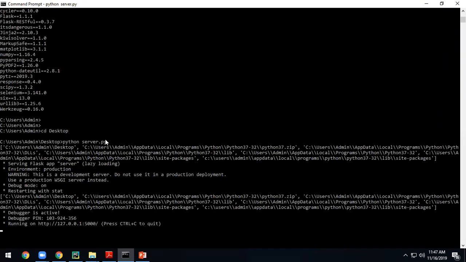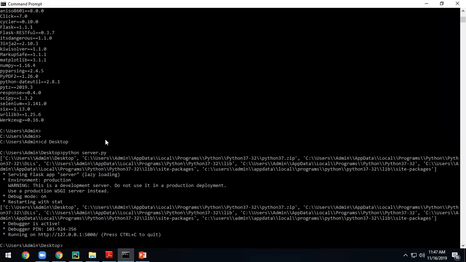After requests, it will just keep on running. It will take some time, it has so many dependencies. Once that is done, run pip freeze, and then you will come to know whether it is installed or not. Everything is in small letters. Yes, it is running, Vinay. It's coming the same way, running on the server name with the debugger pin.